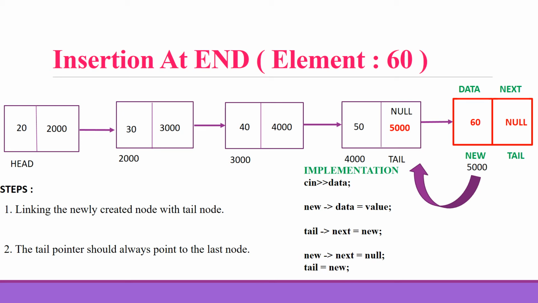The diagrammatic demonstration of this process is given, and the implementation for this process is: cin >> value; new->data = value; tail->next = new; new->next = NULL; tail = new;